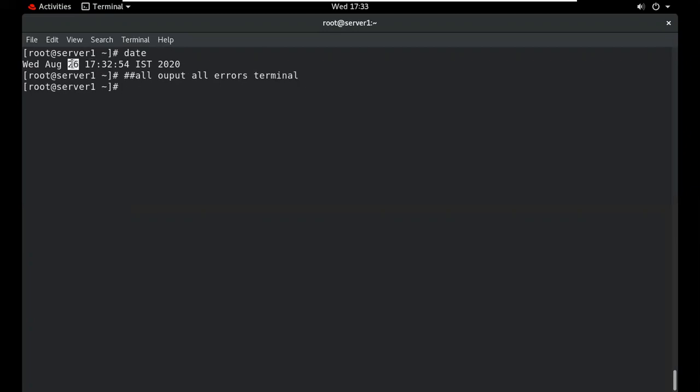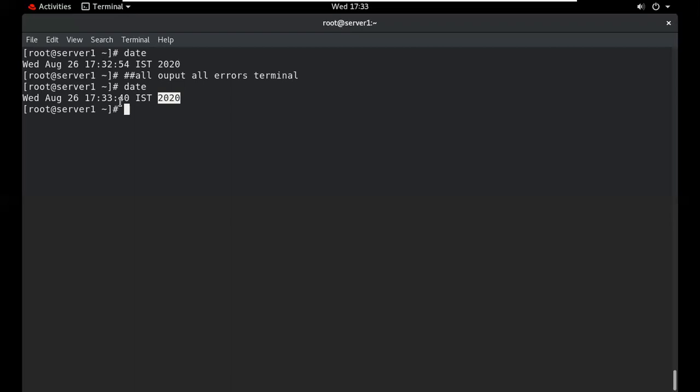Suppose we want to redirect this output to a file. What will I do? When we want this particular output in a file, we can also save the errors in a file. So in this topic, we will discuss how to save the output and how to save the errors in a particular file.